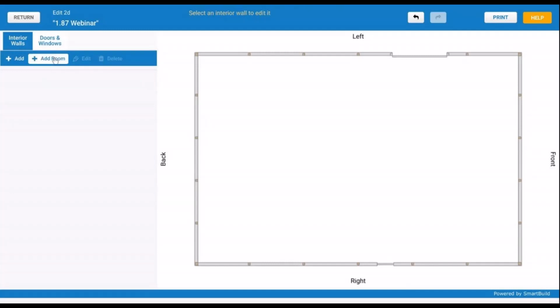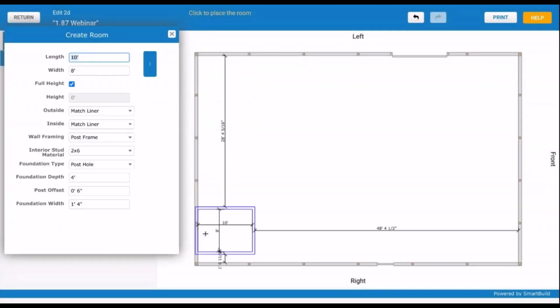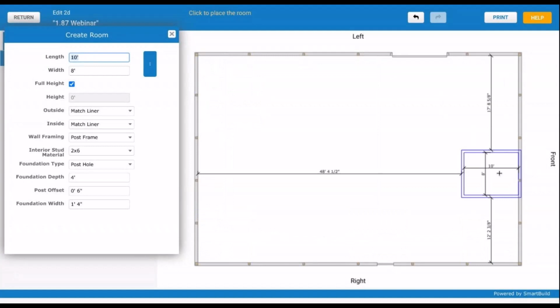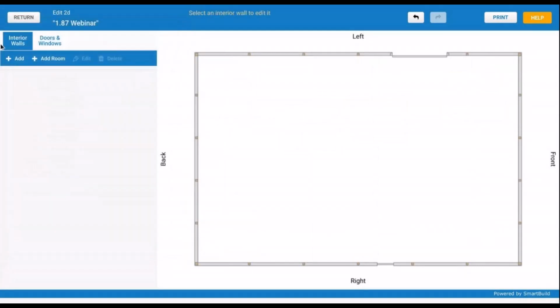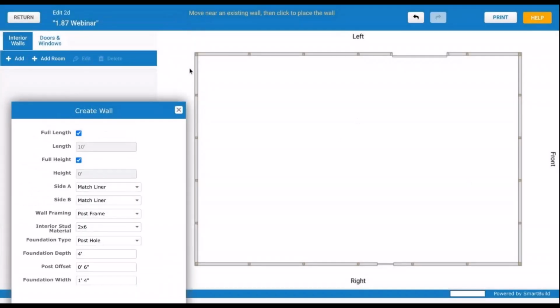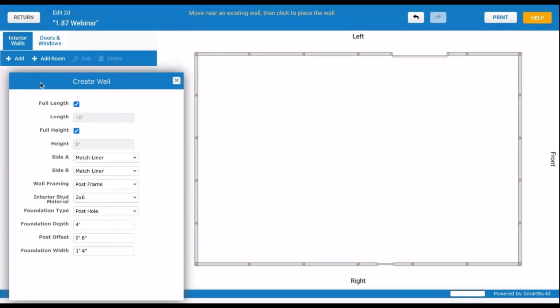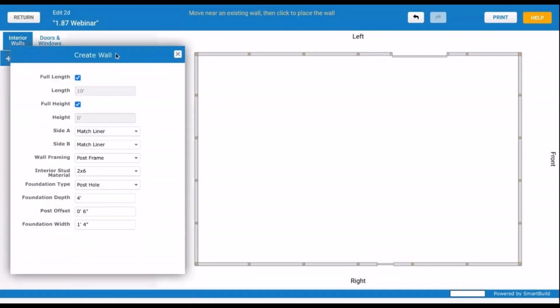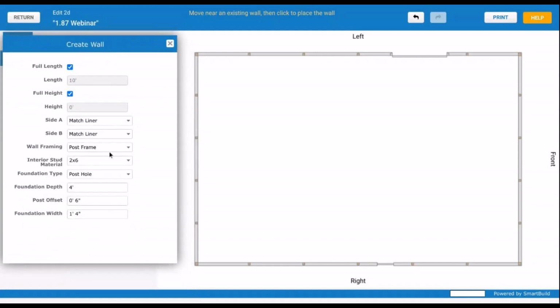So you can add a room, which will give you some dimensions, and you can drag around and add the room, which I'll actually do here in a bit. You can also add just a single wall. So this add room is going to give you a room with either 4 or 2 walls. This add is just going to give you a single wall. You can still use the divider walls in 3D if you're used to that, but this really does the same kind of functionality. And so what we added new here are some additional properties that you can input for these